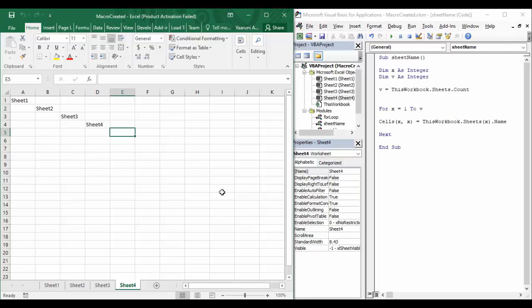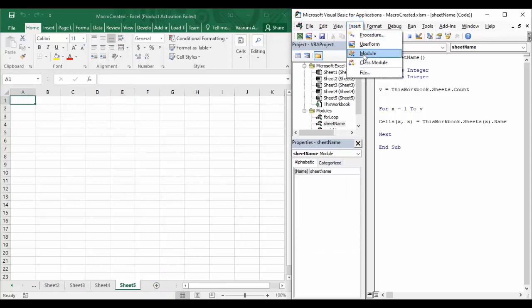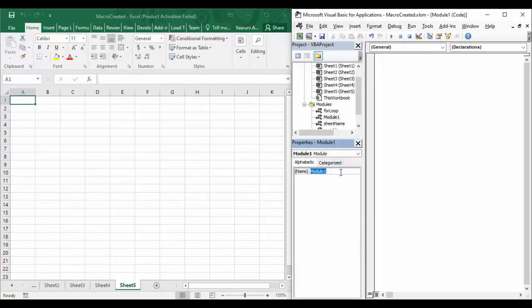Each and every loop has its own features and properties, which we are going to see in today's video. So let us create a new sheet, this is sheet 5, and insert a new module. Let's name this module loop types, so that we understand what we are going to do with this macro, that is, study the different types of loops.